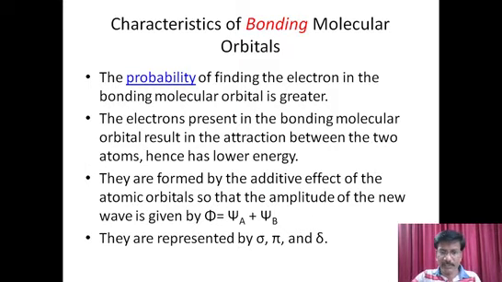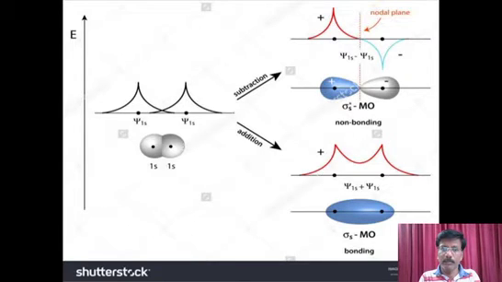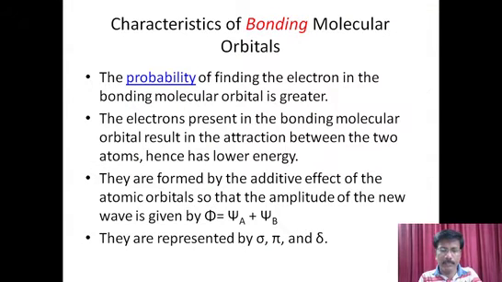And the mathematical representation, you can see, is psi a plus psi b. Psi a is the wave function of one atom, and psi b is the wave function of the other atom, called b. These two are taken as positive, that is addition. Just now we have seen in the previous diagram, this is called addition. So bonding type means the lower one, this is addition. Psi a plus psi b, where psi is the wave function of an atomic orbital, and bonding is represented with, as I have already shown, sigma, pi. No star will be there, simple sigma, simple pi, and delta doesn't come here.